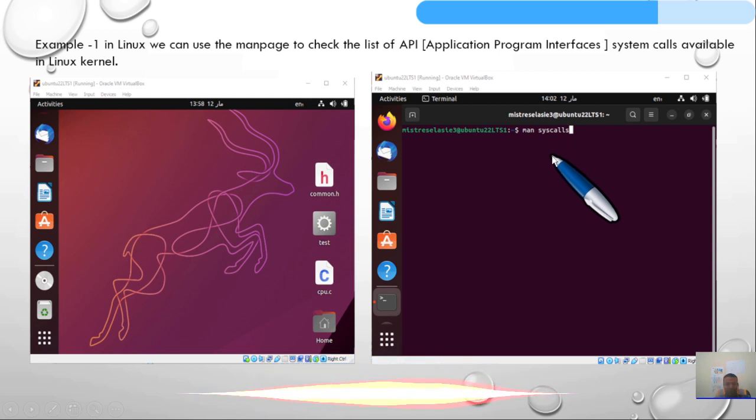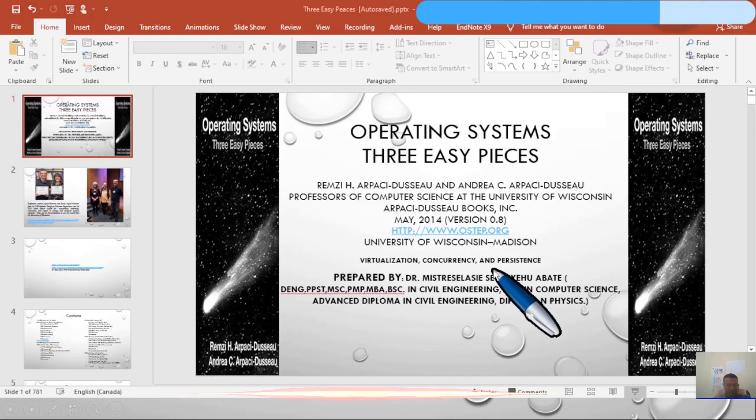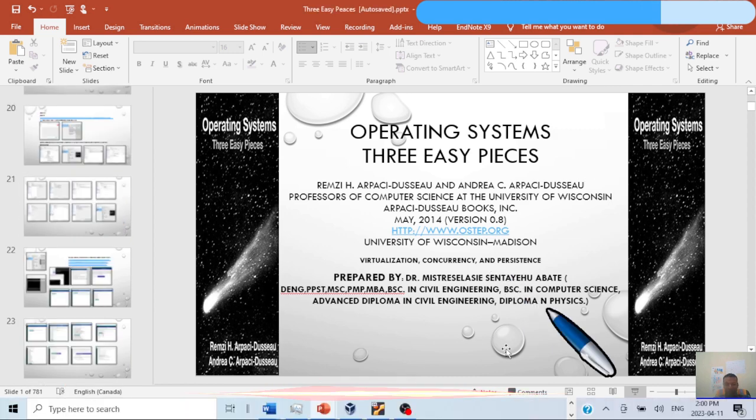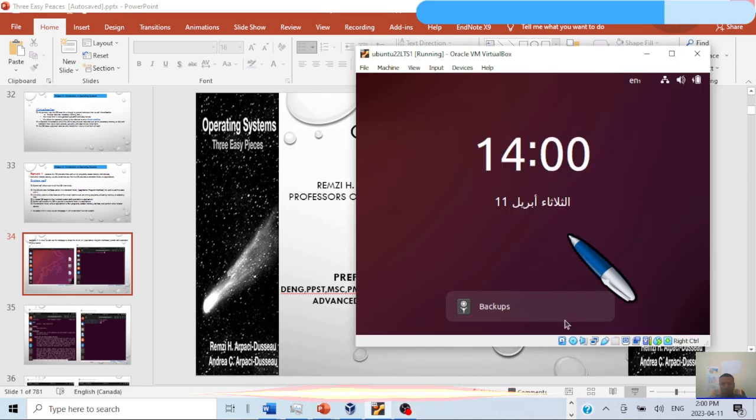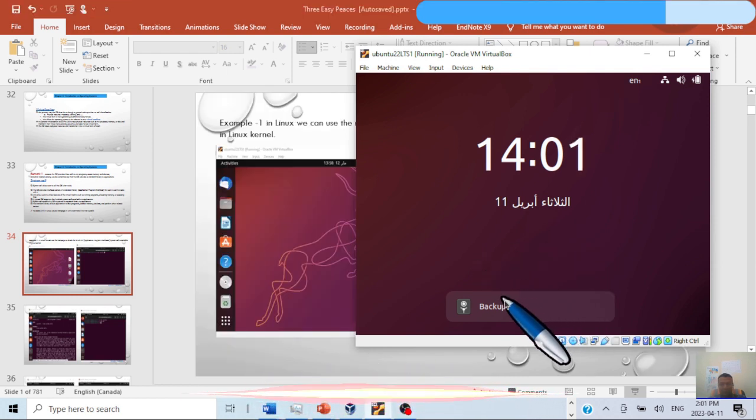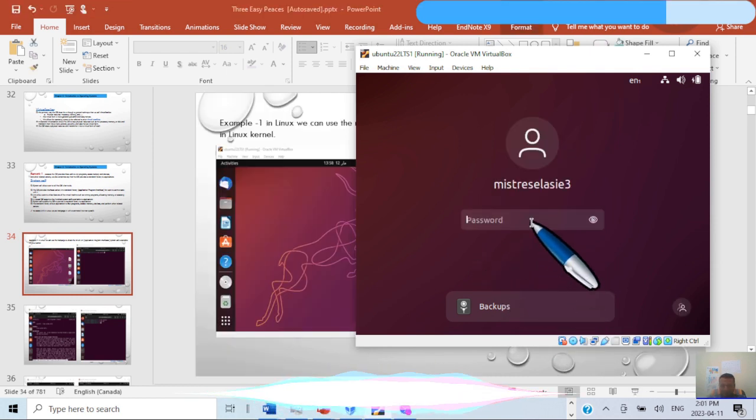Let me go and see it in Linux. As you can see, this is my Linux.